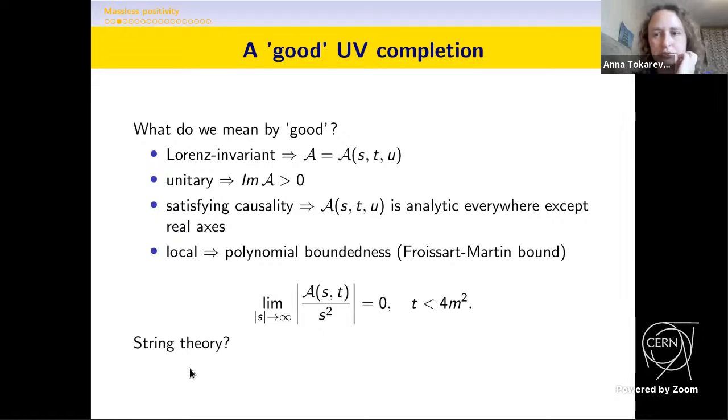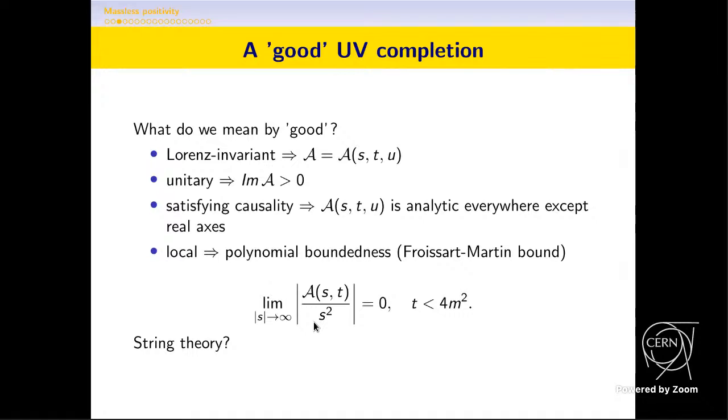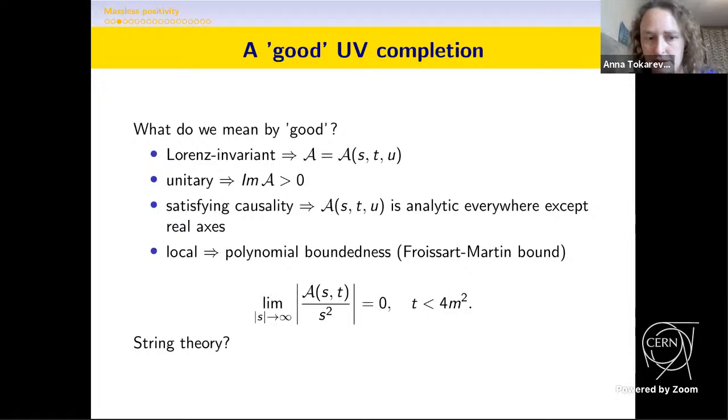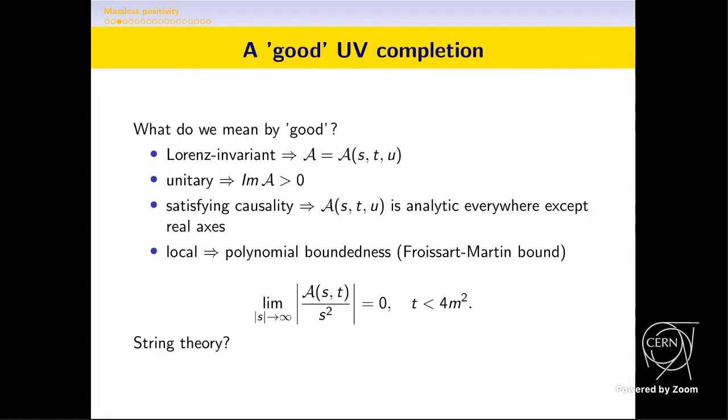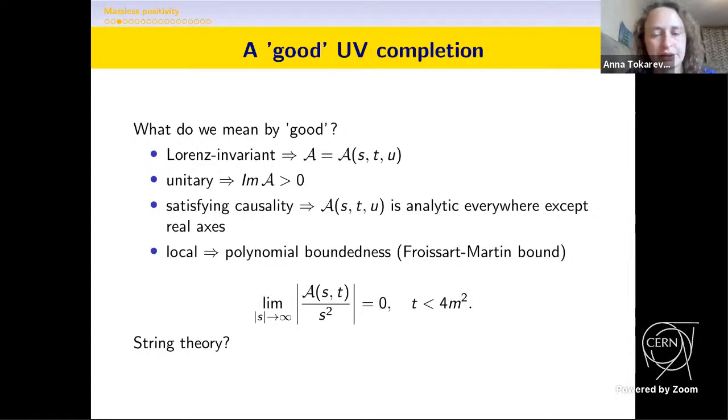Interestingly, in weakly coupled string theory, amplitudes have the same properties as were listed here. It can be taken from explicit expressions of string amplitudes. Due to this fact, this approach can also be treated as a kind of swampland constraints, meaning that we are looking for theories which can be UV complete by string theory. But string theory cannot be treated as